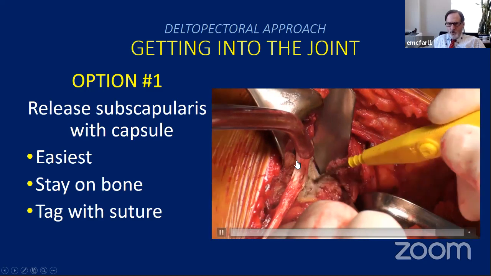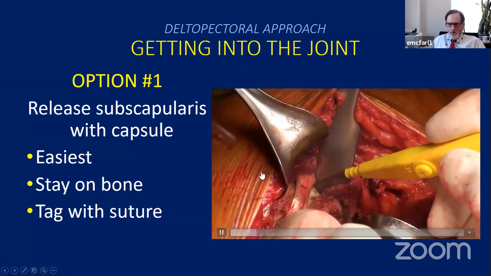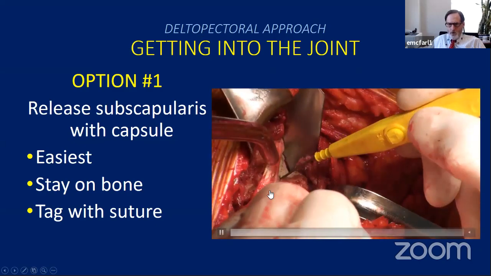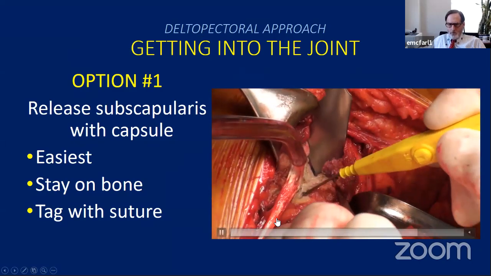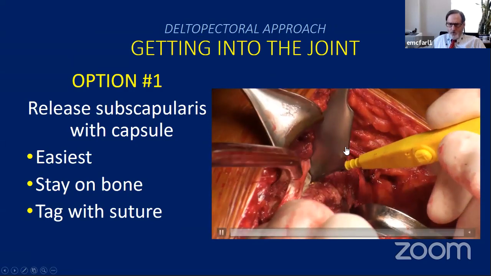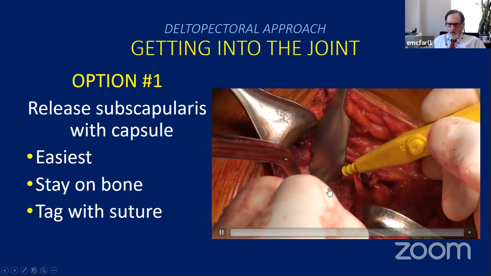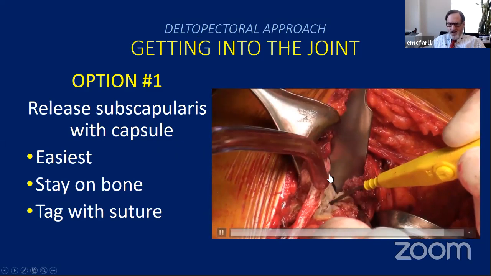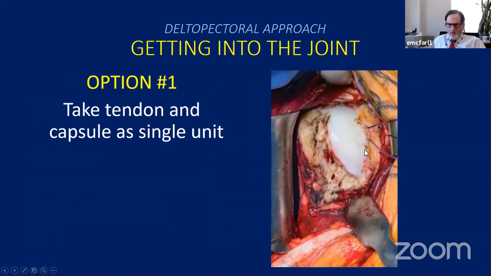And so you can just peel the subscap right off the lesser tuberosity, and you can start up higher and work your way down onto the head neck angle or shaft down here. And it's pretty straightforward. This retractor can also put tension on the subscap so that you can just gradually peel it off like this. The key though is to stay on bone. And then once we're done with that, I like to tag it with a suture so you can find it later, and if necessary, put it back. But this is what it sort of looks like.